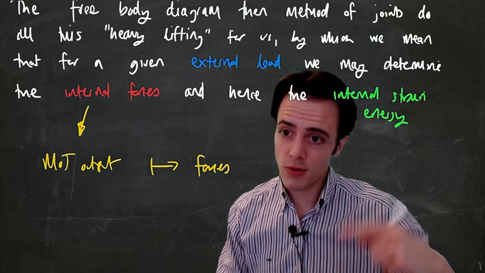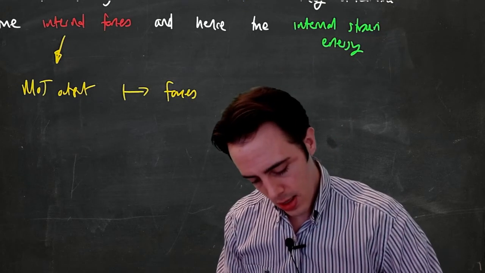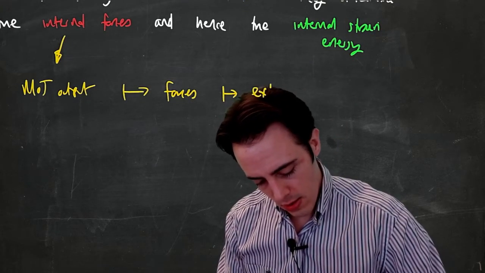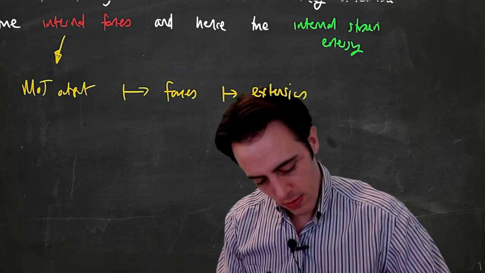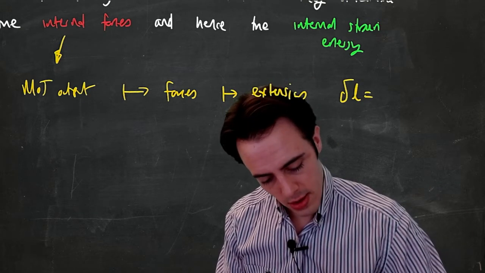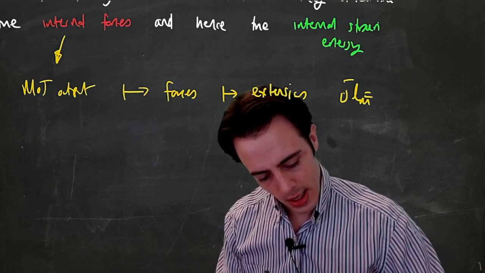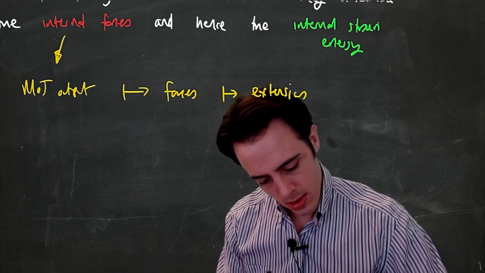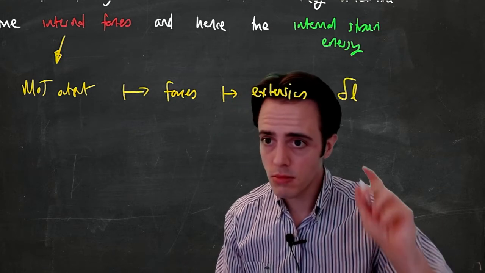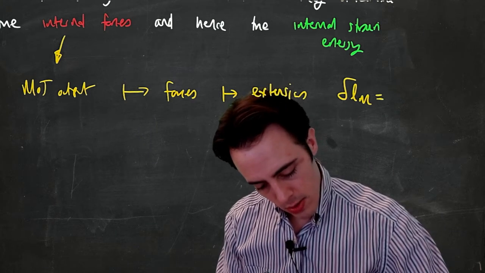So once we've got these forces, if we want to turn them into extensions, which we need to have, we then get extensions from the change in length of a member, let's say dl of member m. Let's write that slightly clearer. My handwriting's terrible. We say the extension, change in length of member m, is equal to whatever the force is